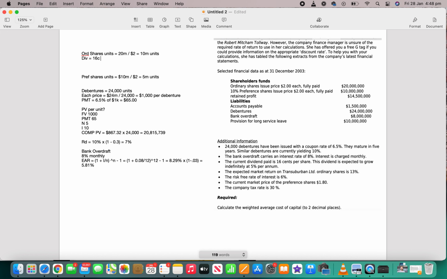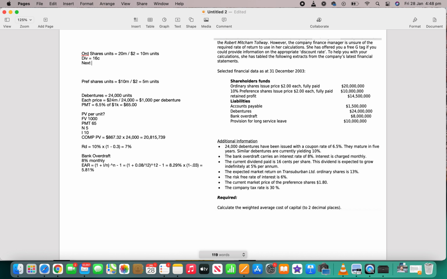So if we think back to when we're doing all our dividend calculations, whenever we're using our formulas, we always need to increase the past dividend by 5% to get the next dividend. So what we do, next dividend equals 16 cents times by 1.05, which equals,